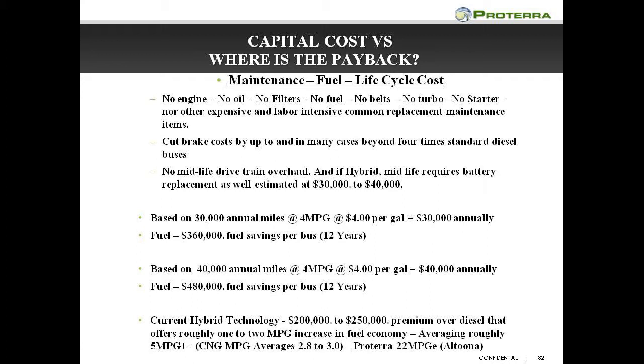We would expect to get easily over 100,000 miles on our disc brakes on our Proterra bus. It's typical to have a midlife overhaul on your engines and transmissions, and many of the transit properties have that scheduled in. So that's a cost of roughly $35,000 to $45,000 to rebuild the drivetrain. And if you added the hybrid option,